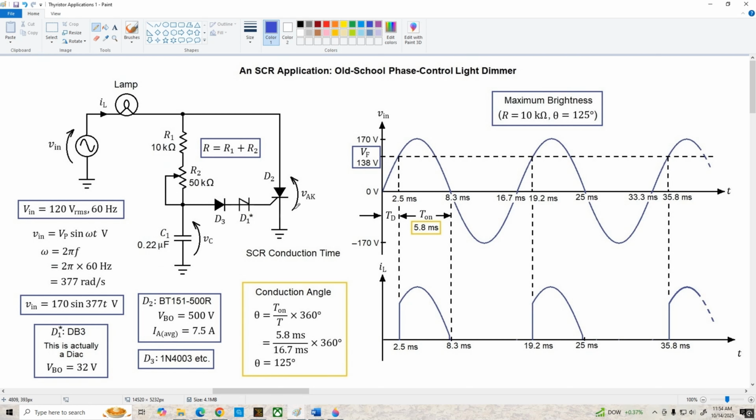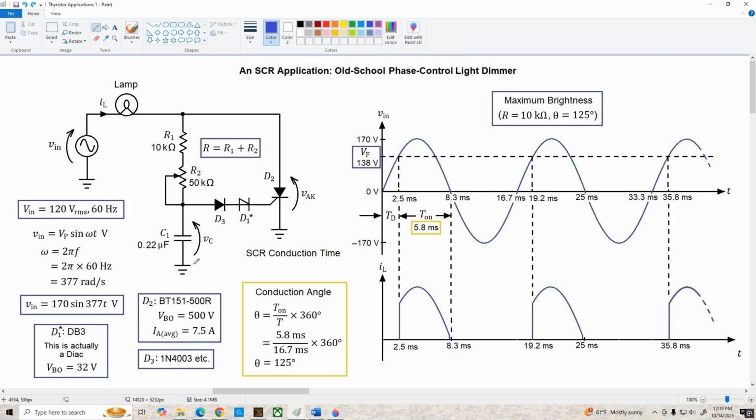The SCR we're using here has a breakover voltage of 500 volts, so normally we couldn't turn it on with a 120 volt RMS AC line. But remember from the previous video, we know that if we inject a gate current, we can reduce the breakover voltage of the SCR. Now, from a design or analysis standpoint, the problem here is that the turn-on characteristics of the SCR in terms of gate current are very ill-defined, and that's why we use a 4-layer diode in series